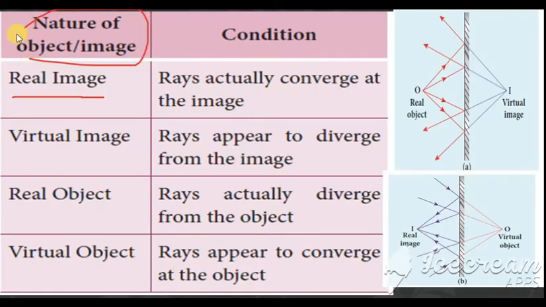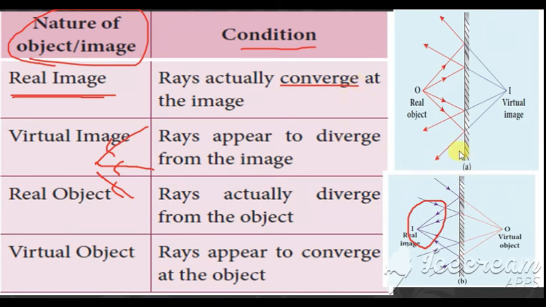We are going to see the nature of the image or the object and the condition. So how the image or the object is, how the condition is. First, real image. Here we see the real image, so it is towards a point. Towards a point means it appears to converge. Suppose away from the point, then we say it appears to diverge. So the real image, it converges.